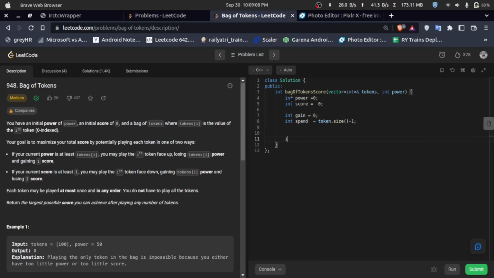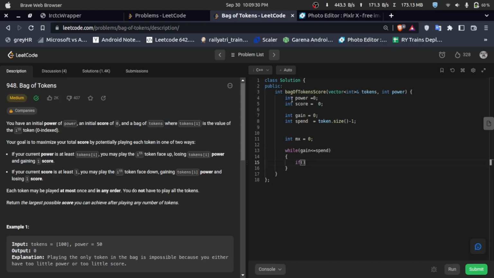We will also have to check another value, basically the max score, and I am taking that as 0. After that, while the gain is lesser than or equal to the spent,